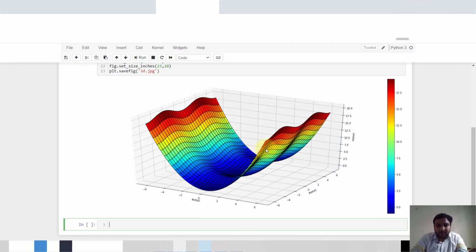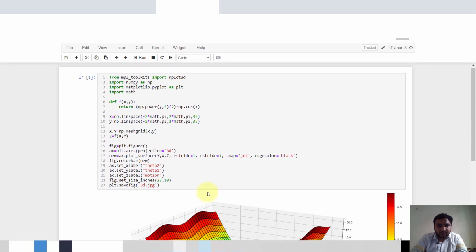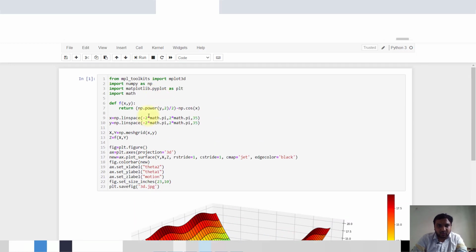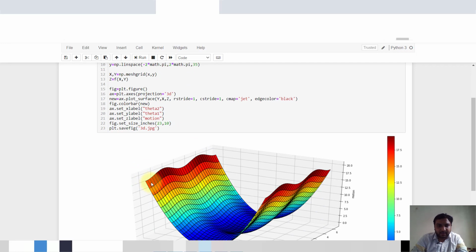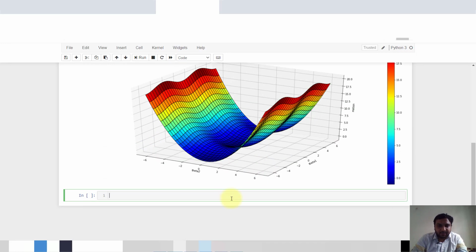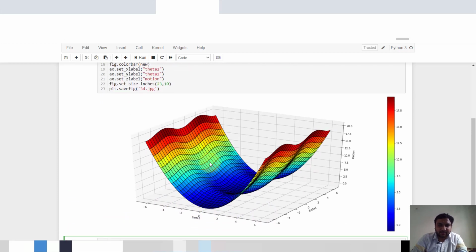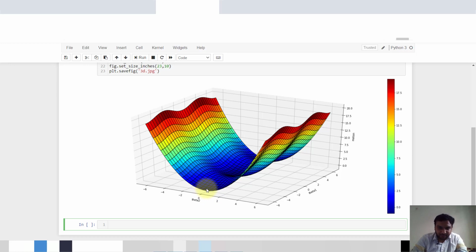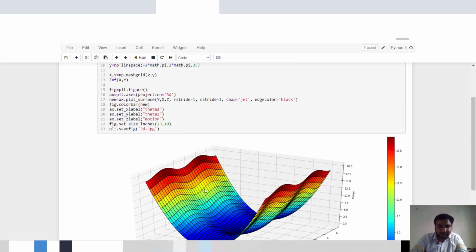So this is our theta 2, and this is our theta 1. So the minimum is at the pi location and the maximum is at 2 multiplied by pi. So this is minus 2 pi, and this is positive 2 pi, and this is pi in between these values. So our maximum location is this, at theta 0 angle.